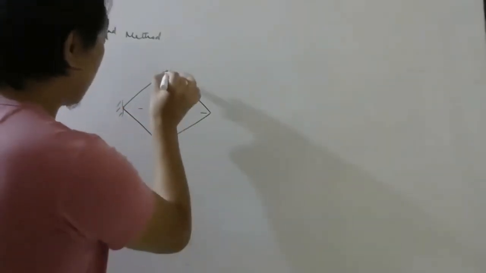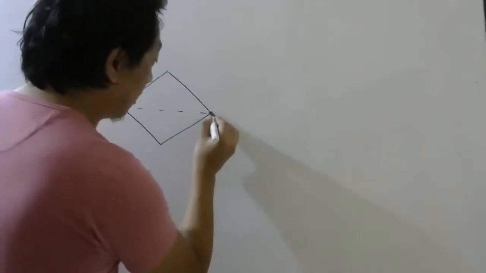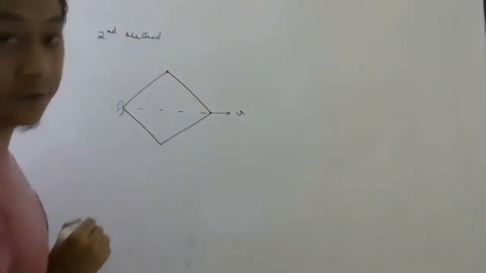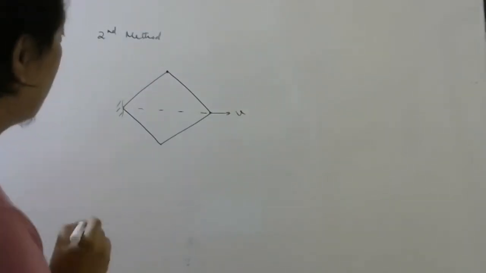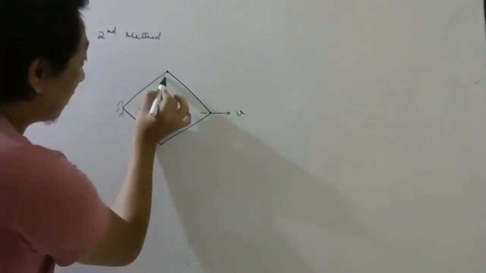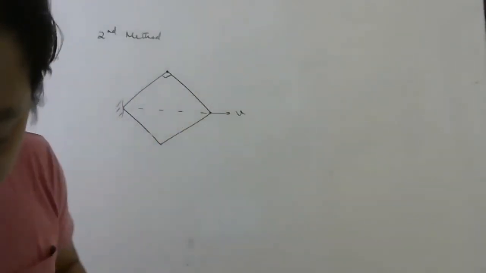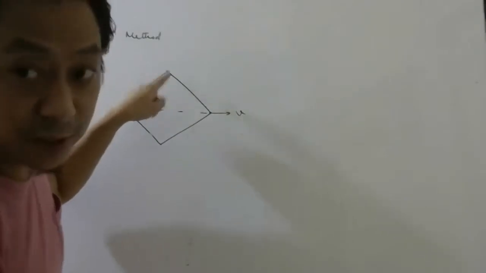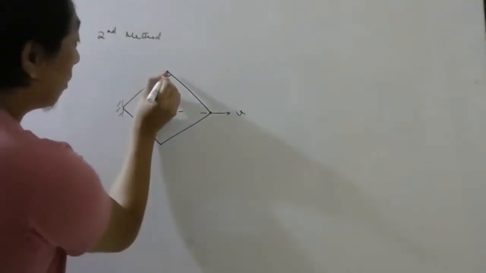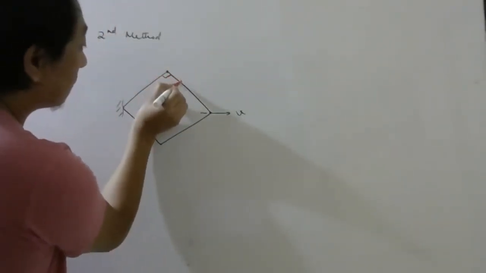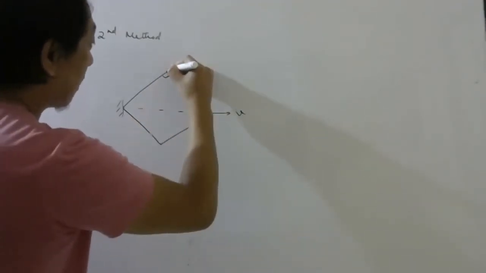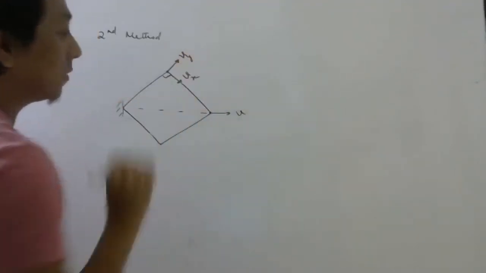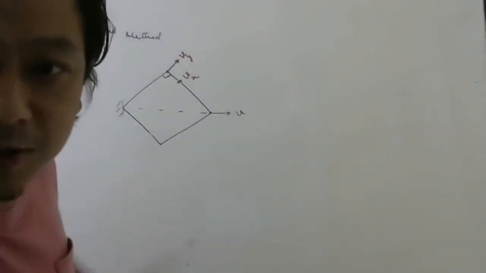Now, they are saying this point is moved with speed v. I want to find the speed of this point, the magnitude of velocity. Since I know this is 90 degrees when it becomes a square, I can also resolve whatever velocity this point has, one along this axis and one along this axis. Yes or no? What do you think, guys? Is this allowed or not allowed?